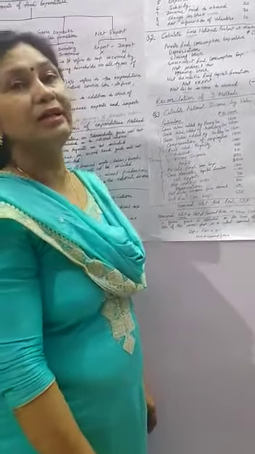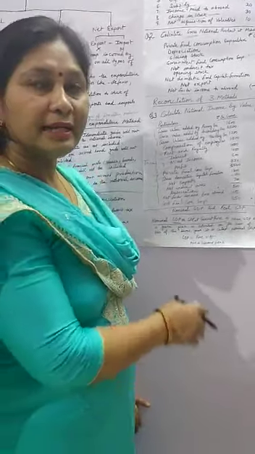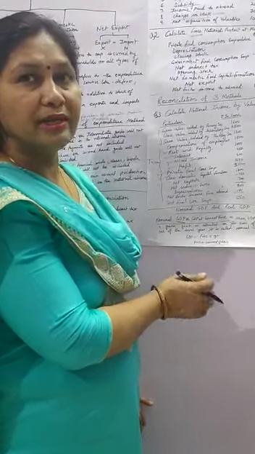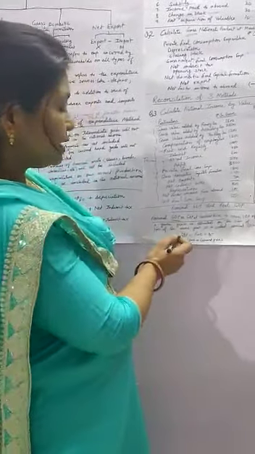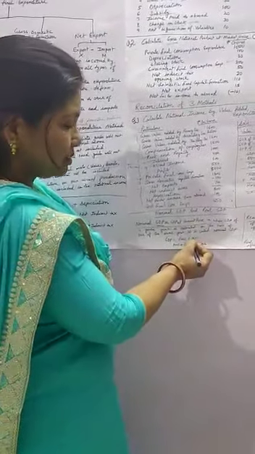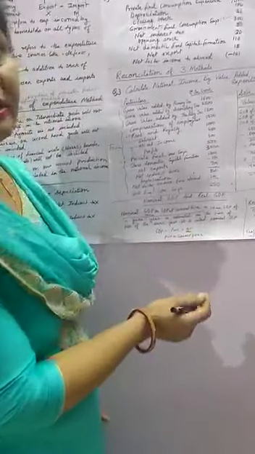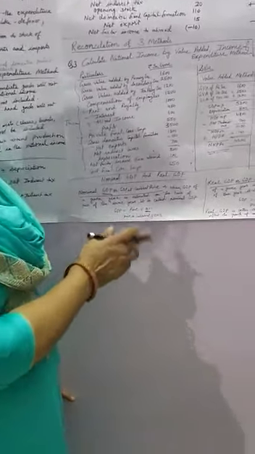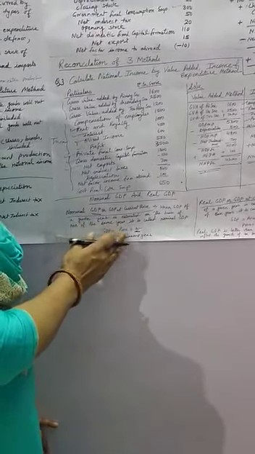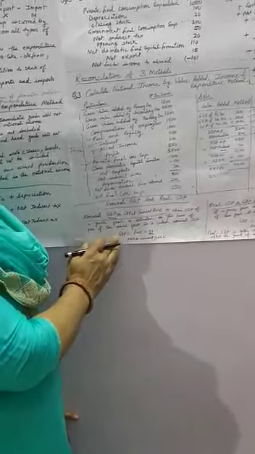But for this value of goods and services, we are not taking the quantitative value. We are taking the money value, that is, in terms of monetary value. So how does the monetary value come? Monetary value can be calculated when you multiply the total quantity of goods and services produced in each and every sector by the price of the commodity, and then you get the money value, that is, you can calculate GDP.